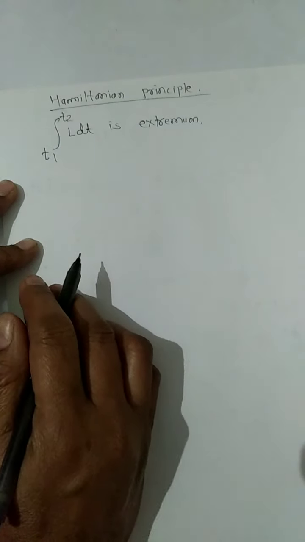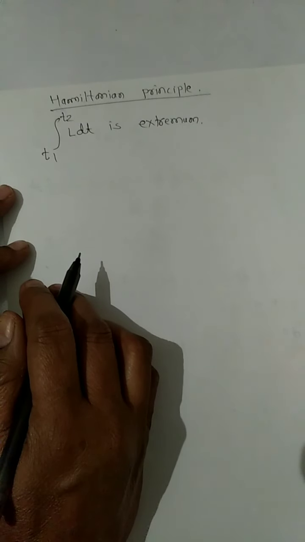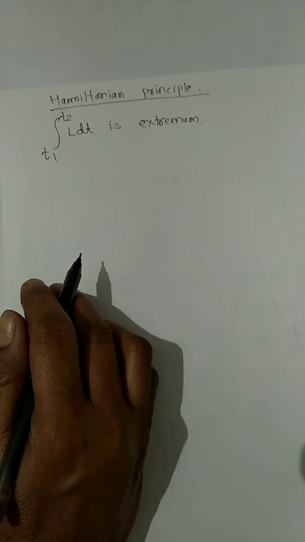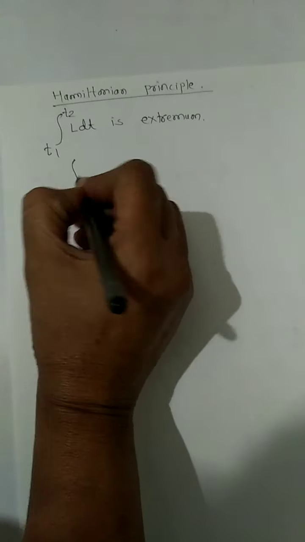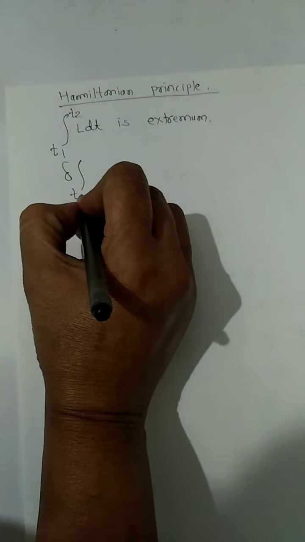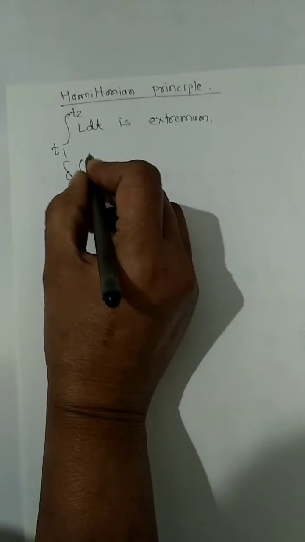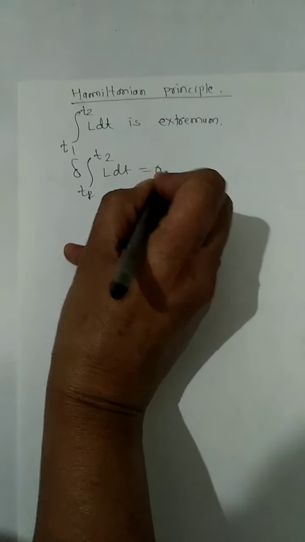This means that a small deviation in the actual path followed by the system is zero, and mathematically it is expressed as del of integral t1 to t2 L dt is equal to 0